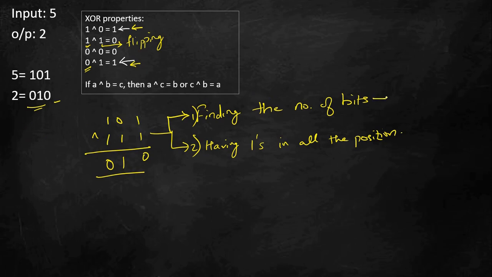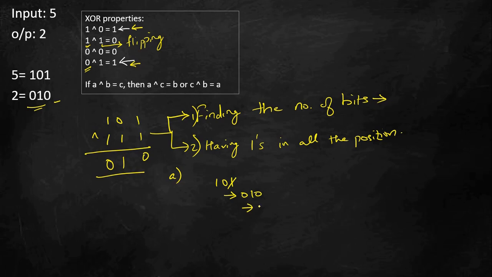So let's go to this problem first. Finding the number of bits can be done in two ways. One is we can simply do a while loop. So the first option is we can simply count the number of bits. If it is 101, we can do a right shift of the bits one by one, until my number is 0. When I do a right shift by 1, it will remove the rightmost bit and append a 0 on the left. So it will become 010, removing this particular bit.